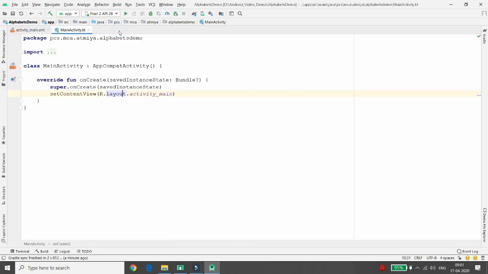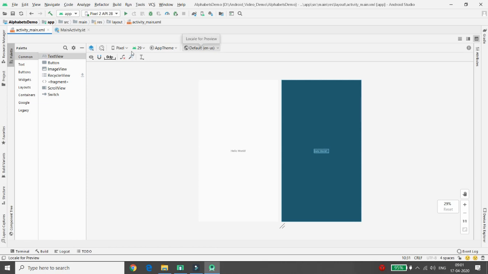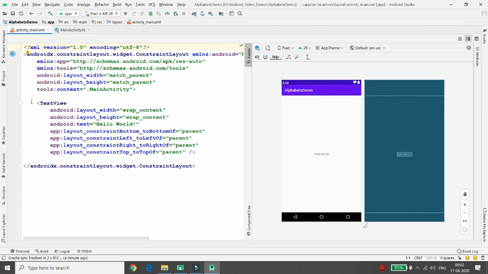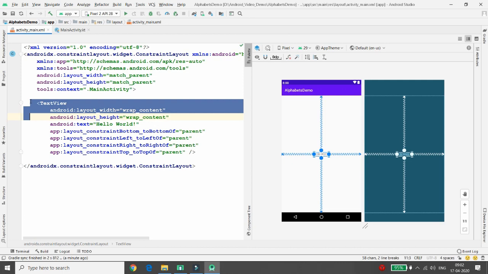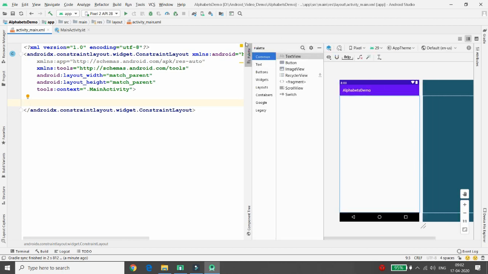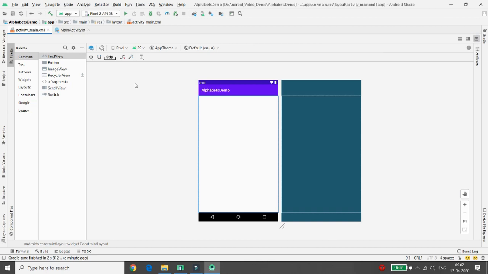First of all, I will move to the design. Here you can just click on show layout decoration. Now you can click on the design view. Here I want this text view. I want to add the grid view over here, right? So you can go to the palette, and in the palette you can add the grid view.